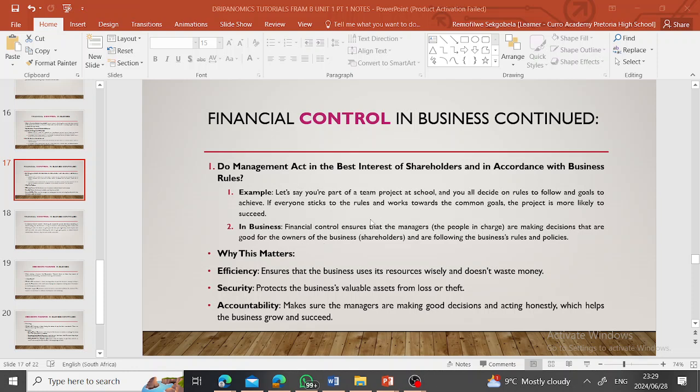And why does financial control matter? It matters because of efficiency, right? It ensures that the business uses its resources wisely and does not waste any money. And then it also matters because of security. It protects the business's valuable